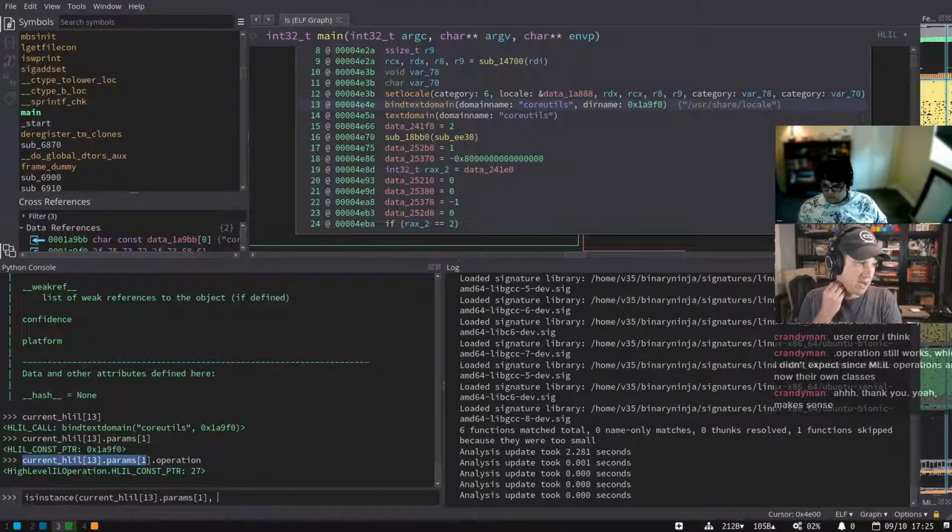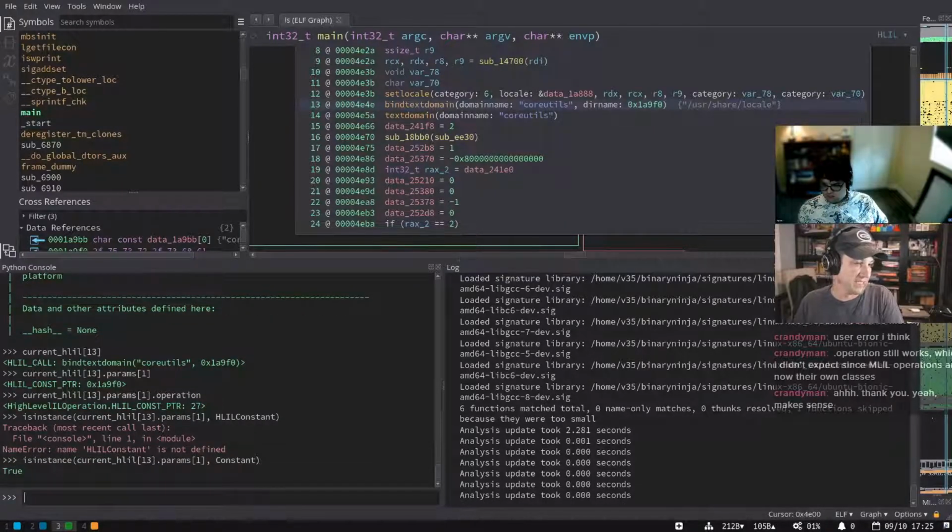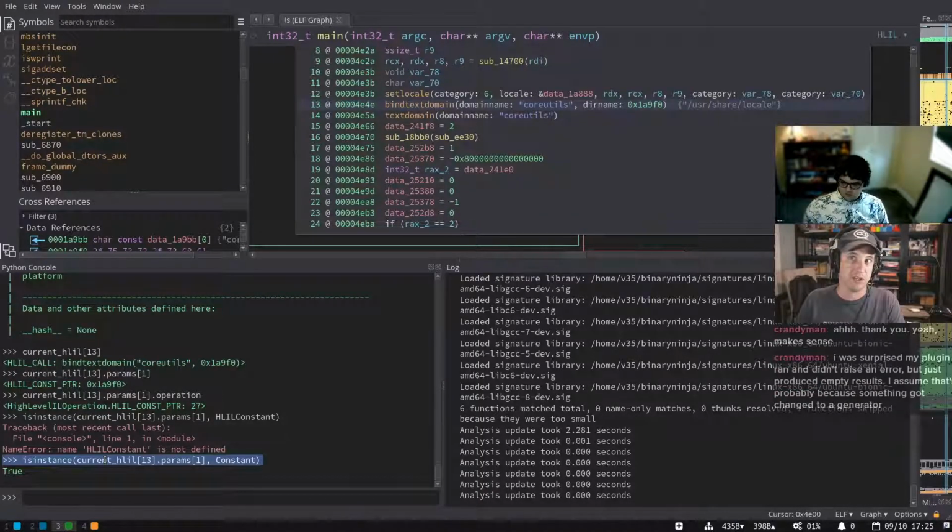All right, if this parameter is an instance of a high level IL constant, I think. Let's see if I get that right. No. I don't know if it works as just constant. Maybe it does. Maybe Peter fixed it. Oh, he did. Yeah, there we go. That's nice. Yeah, so operation still works, but now you have a way nicer, cleaner method of doing it.